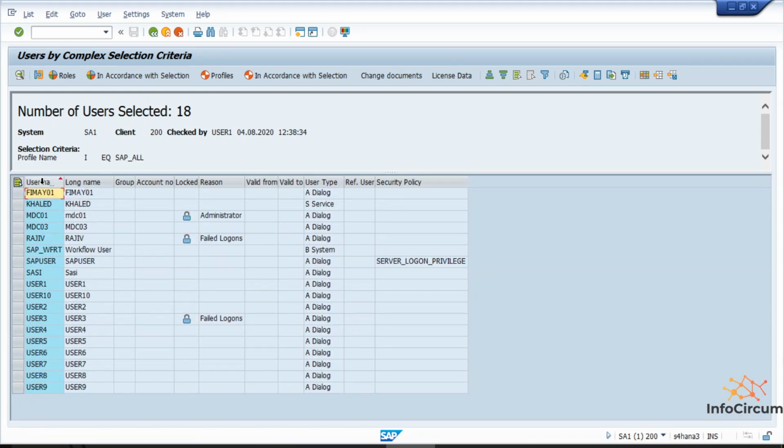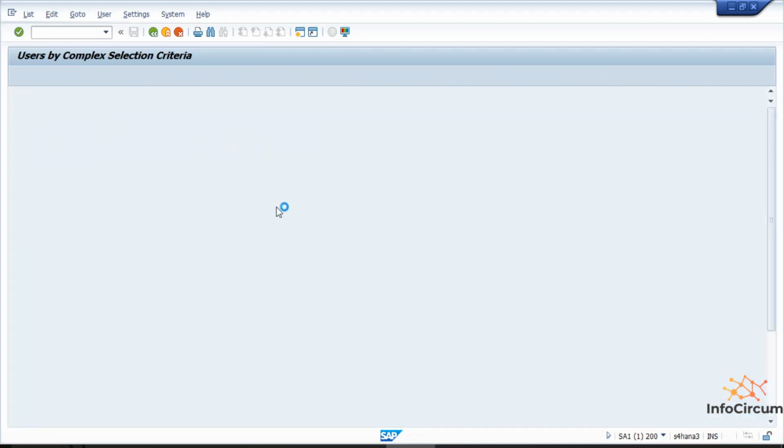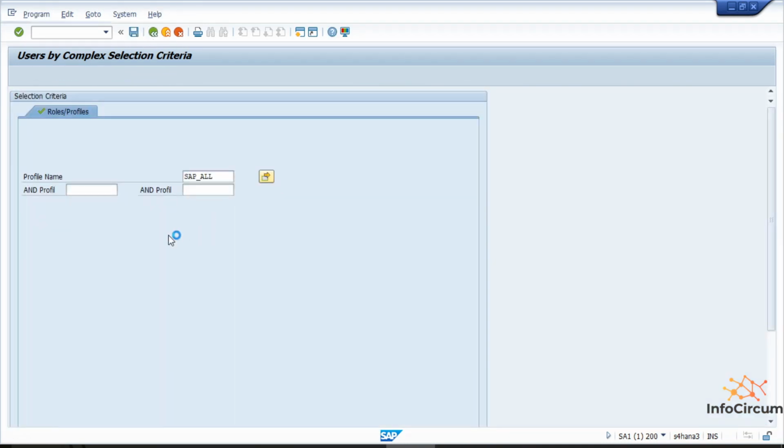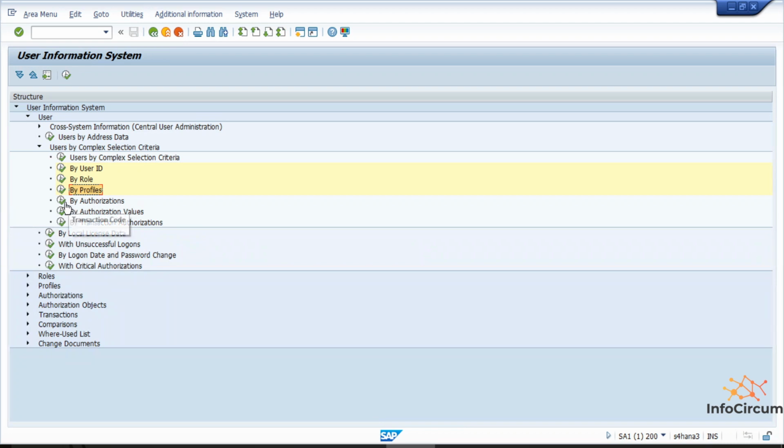See, these are all the users who are assigned the SAP_ALL profile. So the same you can do with authorizations, or by authorization you can find out the list of users by their authorizations. You can also find the list of users with the help of their authorization values and their transactions.